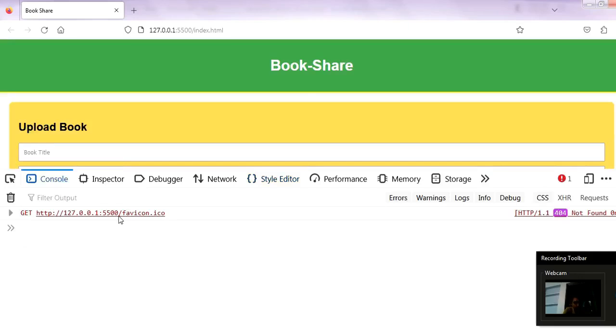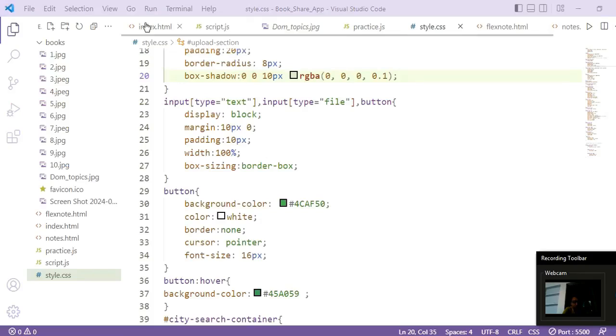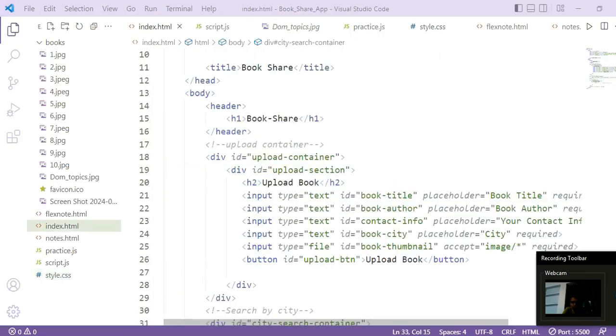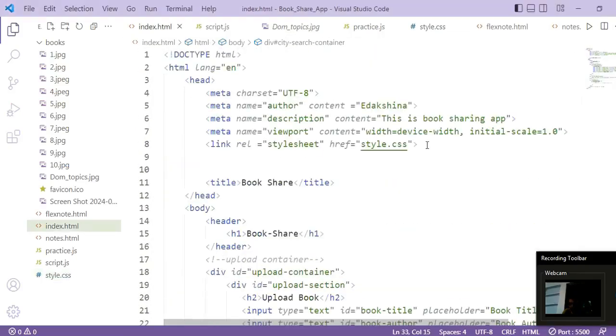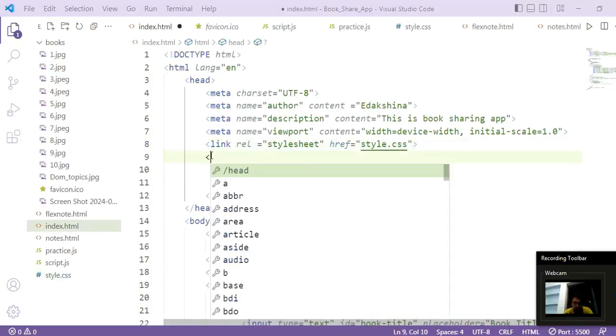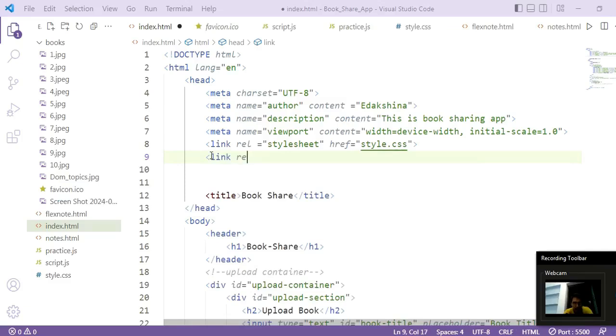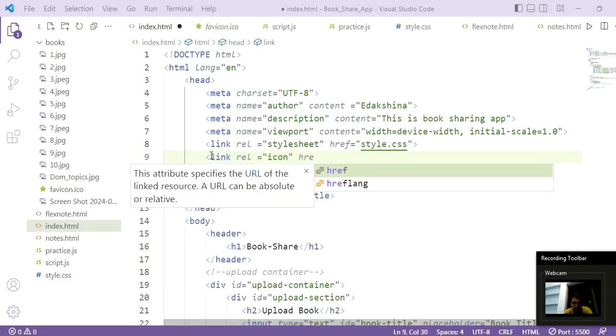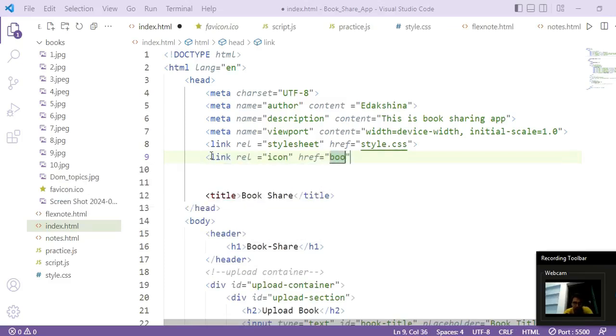So now it is saying favicon.ico image. So in index.html, for the favicon we will create a link: link rel equals icon. Then the path; in the books folder I have the favicon icon.